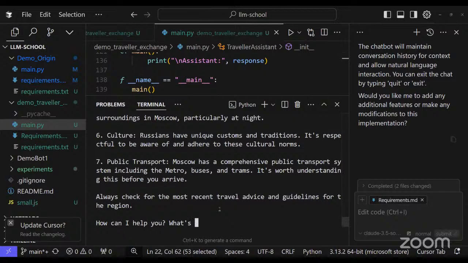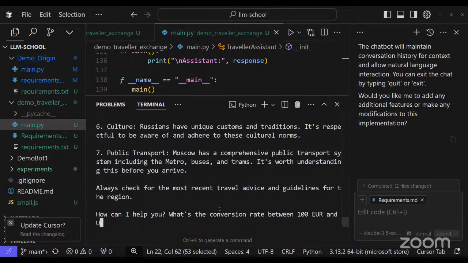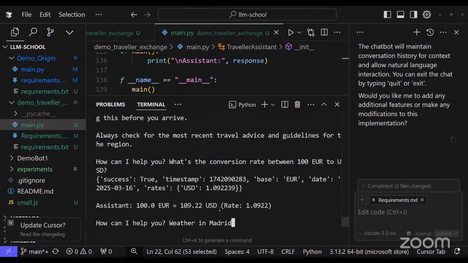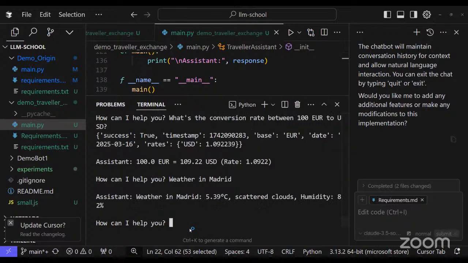All right, we can see if anyone in the audience wants to check any city's weather. How about we try Madrid, Spain. Earlier, I was doing a little bit of debugging, but the entire thing is just through the ChatGPT interface, which allows a lot of flexibility. The weather in Madrid is 5.39 degrees Celsius, scattered clouds, and the humidity is 82%. That's really high.